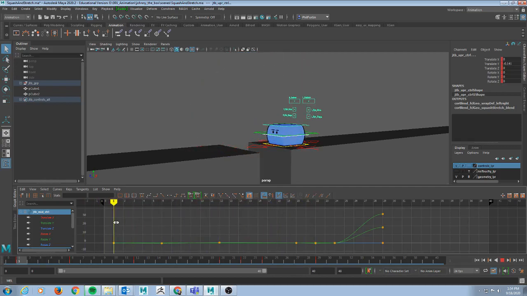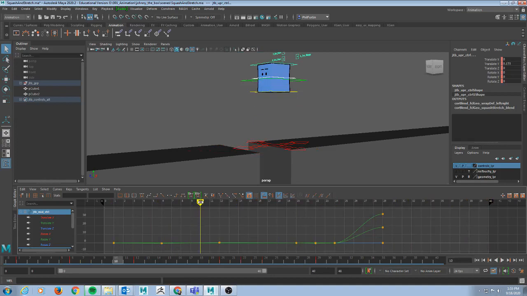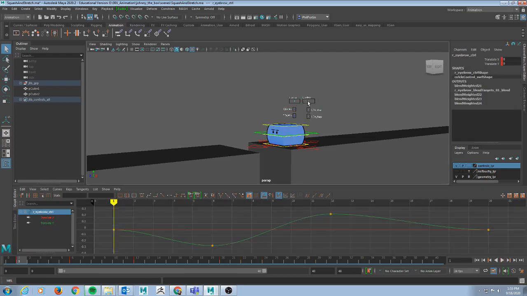We got good timing. It feels like the jump's kind of a nice consistent jump, and then he kind of turns and looks back. Right. So that right there is secondary action, or I'm sorry, timing. We're going from pose to pose to pose, right? And the staging is that I set up a little scene, and now secondary action is just something happening while everything else is happening. So in this case,